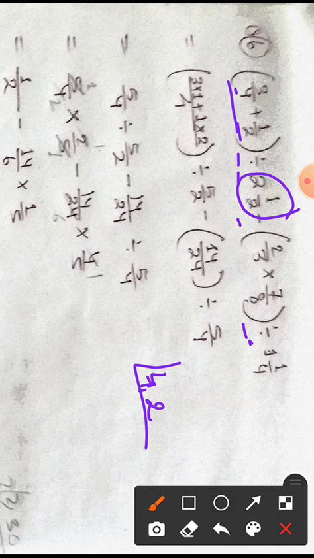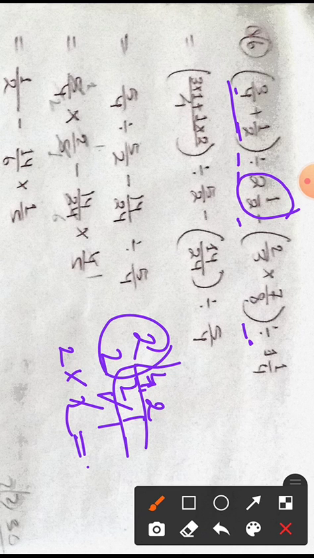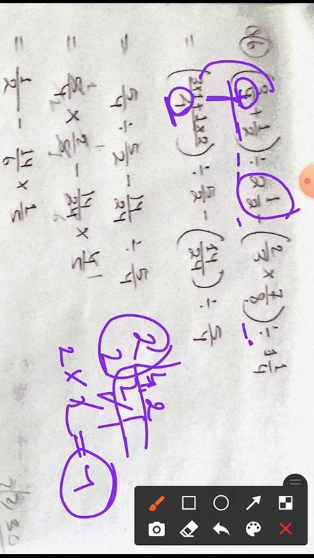If you try to find the LCM of 4 and 2, it will be 2 1s are 2, then 2 2s are 4, and again 2 1s are 2. So 2 into 2 will give you 4. So the LCM is actually 4. Therefore I have written here 4. I have given a long dash, then written 4, and after that I have written this 3, then given a multiply sign, and then I multiply by 1 to get this 4. So 4 1s are 4.